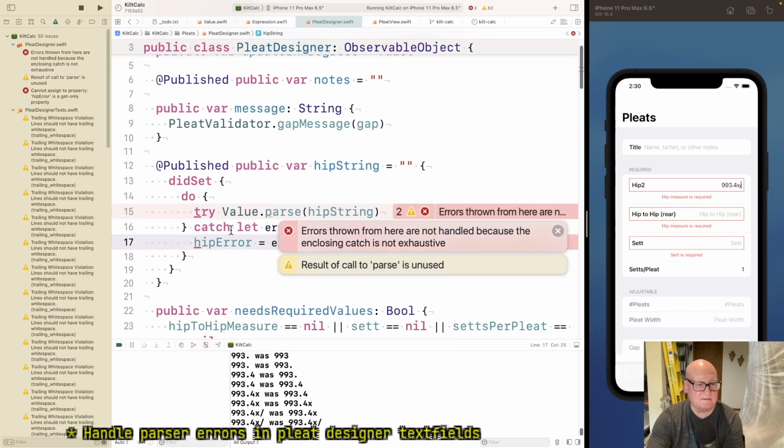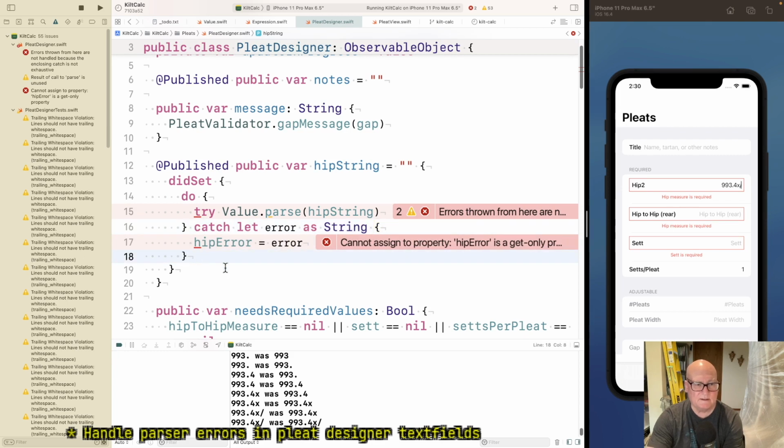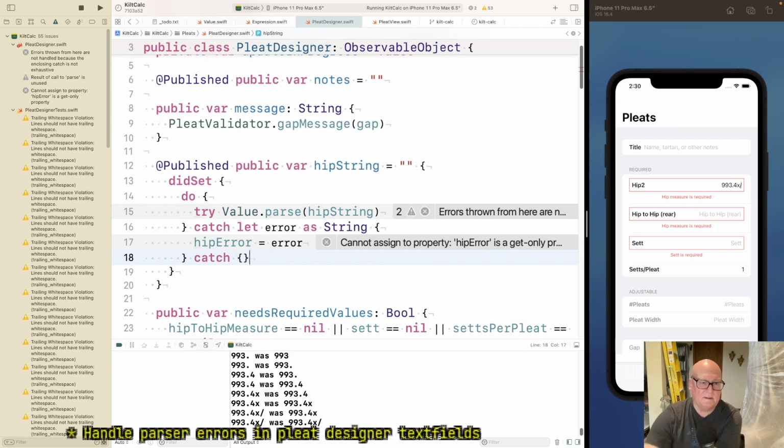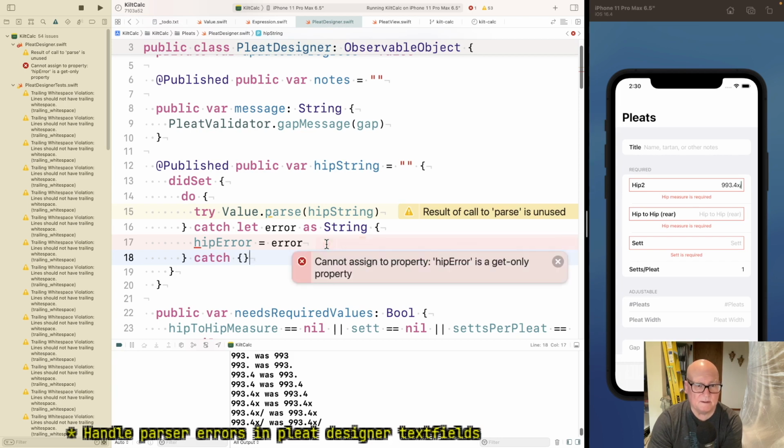Oh, the old exhaustive catch thing. How annoying. In a way, that's kind of a can't happen, at least we hope. Cannot assign, hip error is a get property.